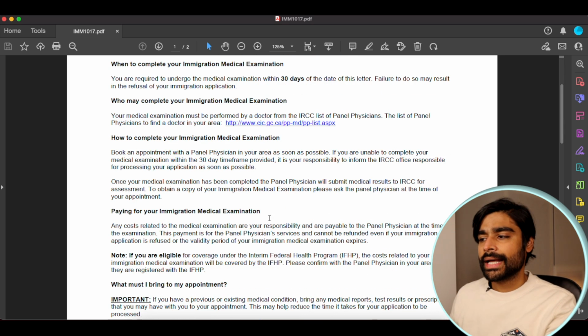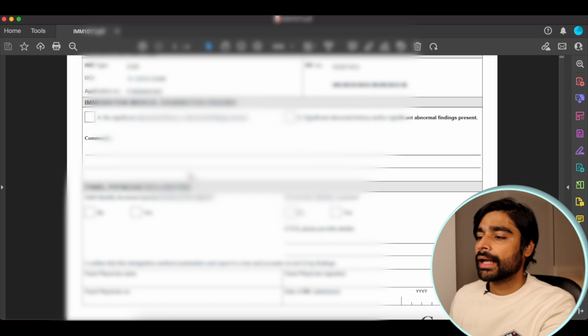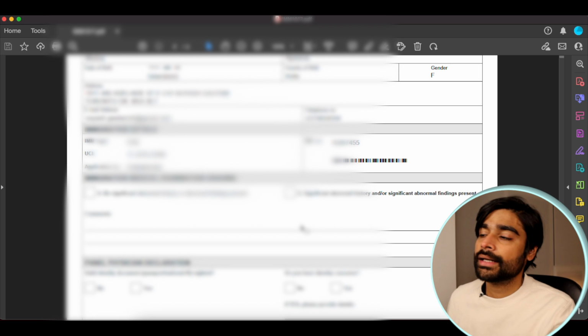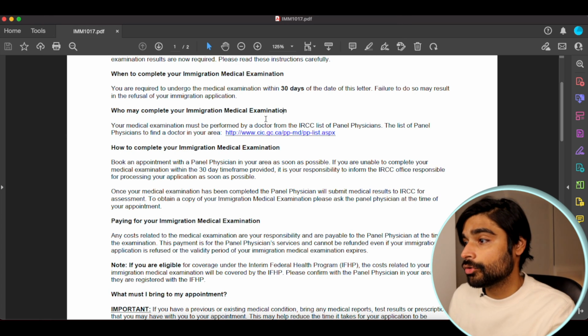okay? So it has a bunch of instructions here, and it has the details already filled out for the principal applicant, and then boxes which are empty for the panel physician to fill, okay? And then it has the barcode and the IME number for the panel physician to communicate this to IRCC, okay? So to book your medical, you'll get to this section, who may complete your immigration exam, and just click this